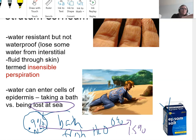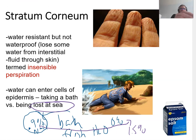So you might have heard of using Epsom salts before. What happens with an Epsom salt bath is that when you soak, you put these in, they're usually magnesium and another salt. I don't remember the second salt, but usually a lot of magnesium. So you sit in it and it's very, very salty, so it actually will draw the water out of your body. It's good if you have a lot of inflammation or swelling somewhere and you soak the limb,